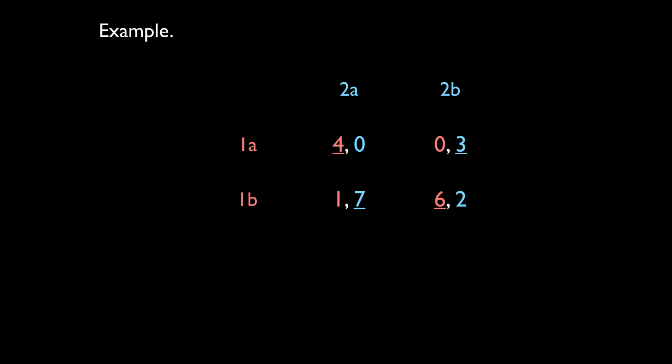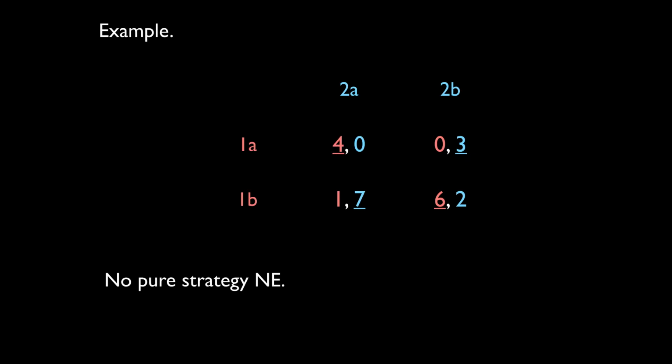The definition of a pure strategy Nash equilibrium is a situation in which everyone is best responding to what everyone else is doing. In this case, there's no mutual best response. If 1 plays A, 2's best response is to play B. If 2 plays B, 1's best response is to play B. If 1 plays B, 2's best response is to play A. If 2 plays A, 1's best response is to play A, etc. There's no stability. From every point, somebody wants to deviate. So what do we need to do? Mix, or consider probabilistic actions, just like in the penalty case.